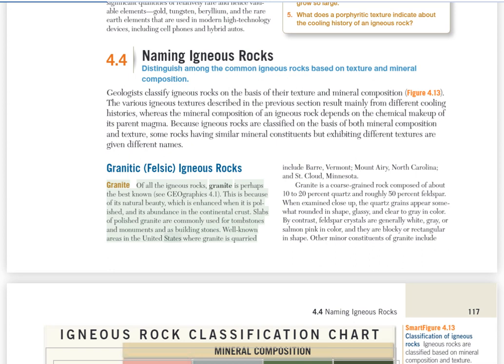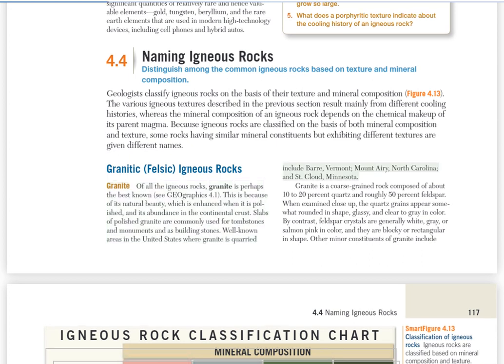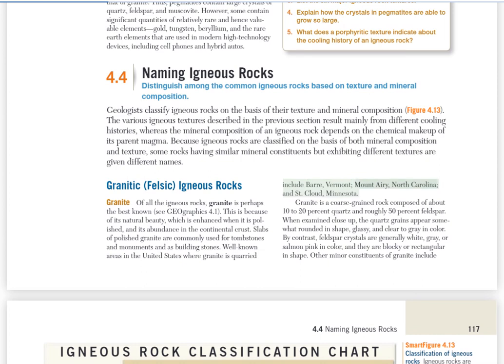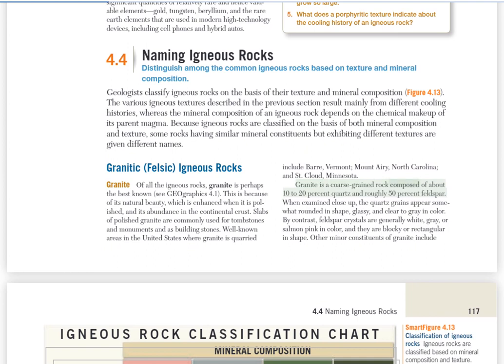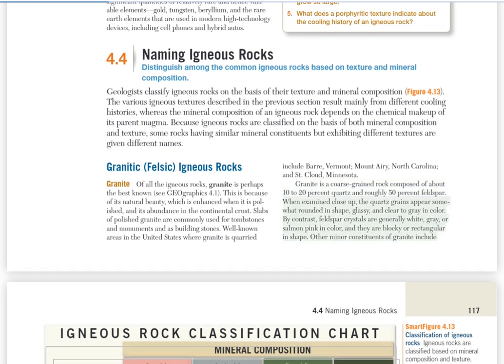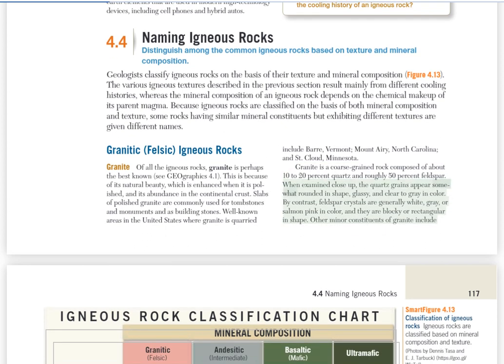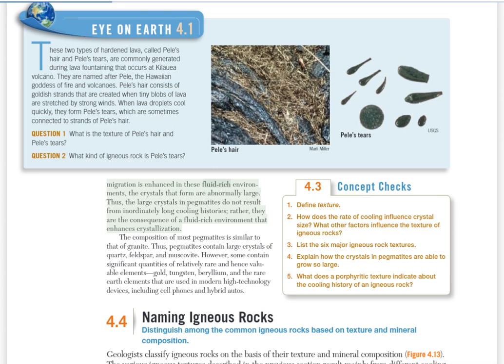Well-known areas in the United States where granite is quarried include Barre, Vermont, Mount Airy, North Carolina, and St. Cloud, Minnesota. Granite is a coarse-grained rock composed of about 10 to 20% quartz and roughly 50% feldspar. When examined close up, the quartz grains appear somewhat rounded in shape, glassy, and clear to gray in color. By contrast, feldspar crystals are generally white, gray, or salmon pink in color, and they are blocky or rectangular in shape. Other minor constituents of granite include: